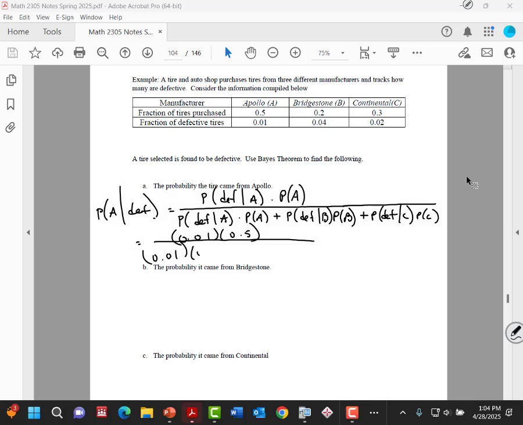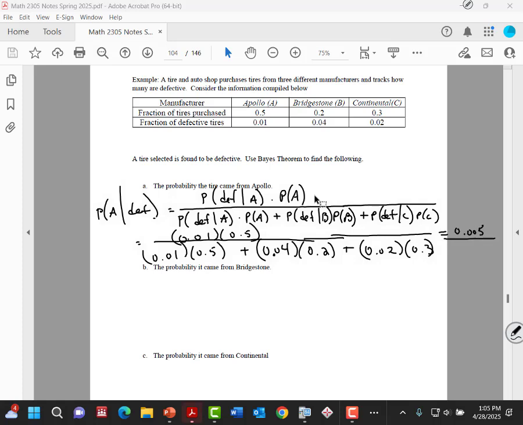0.01 times 0.5 plus the probability defective given B times B. Okay, that would be 0.04 times 0.2 plus the probability defective given C times C. This would be 0.02 times 0.3. Now, if I compute this numerator, 0.01 times 0.5, I get 0.005